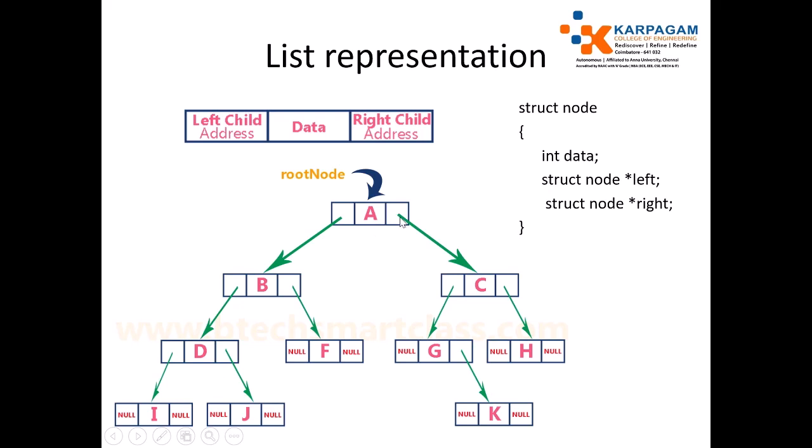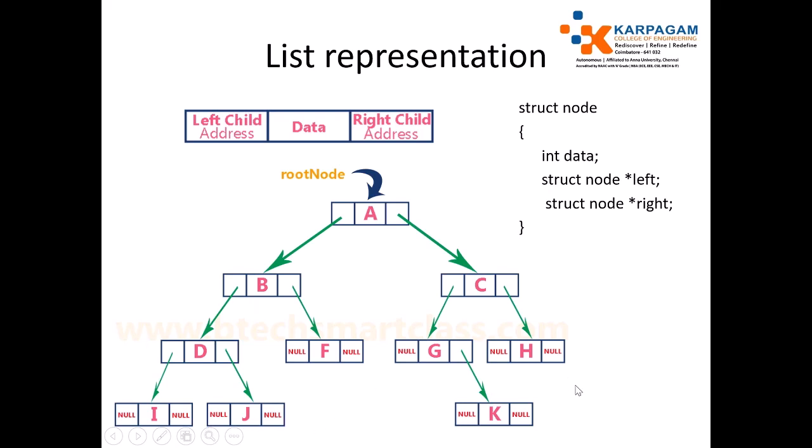Right division is used to store the address of the right subtree. Here you can observe that internal nodes' left side address and right side address may or may not have a null node, but leaf nodes' left address and right side address would possess a null node, because we don't have any child here, so it should have null. Right side also we don't have any node, so it will be represented as a null. In a similar way, we can represent other child nodes.